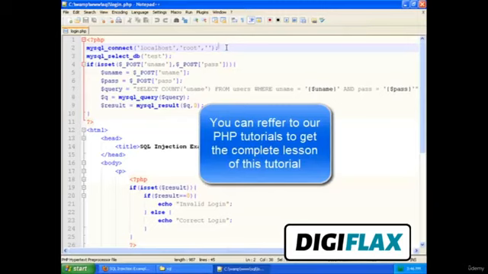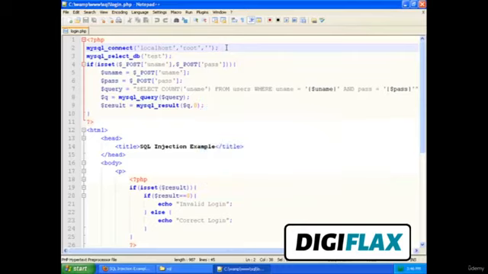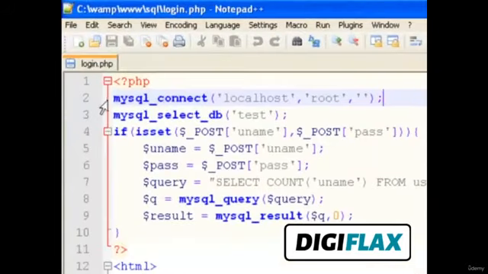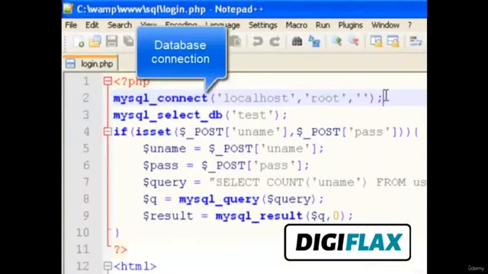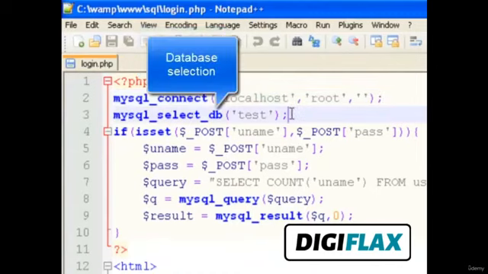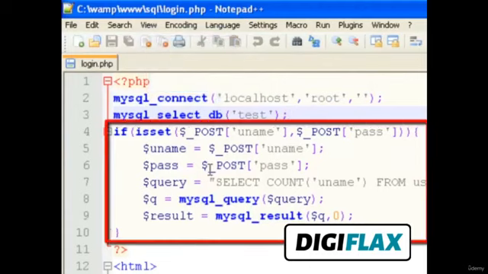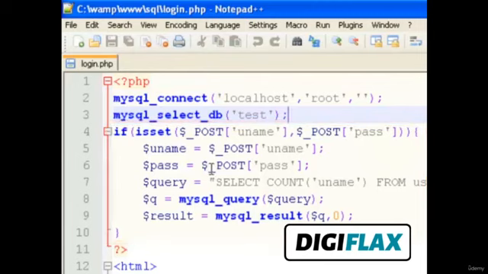If you don't know PHP, you can check our tutorial on PHP, so you will have complete knowledge about what is going on here. So let me tell you, this statement connects to our database. This statement selects the database. Then this part is responsible for checking whether the username and password entered are correct or incorrect.